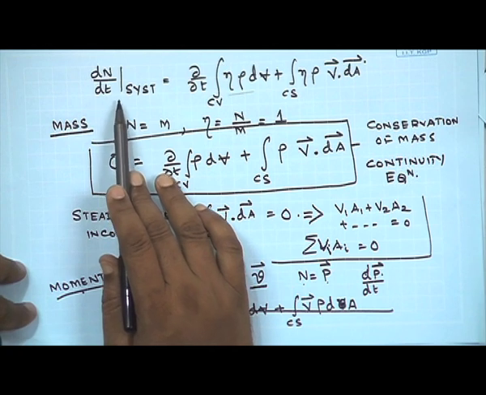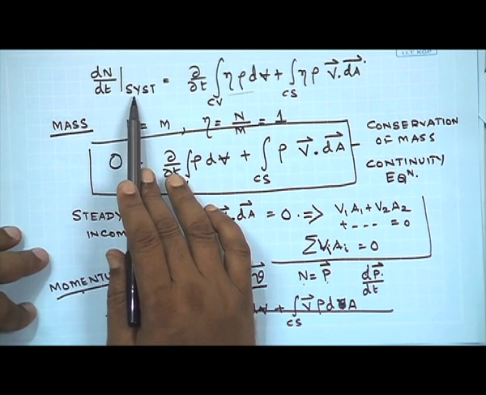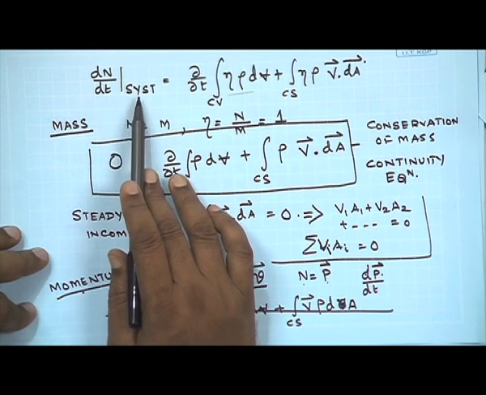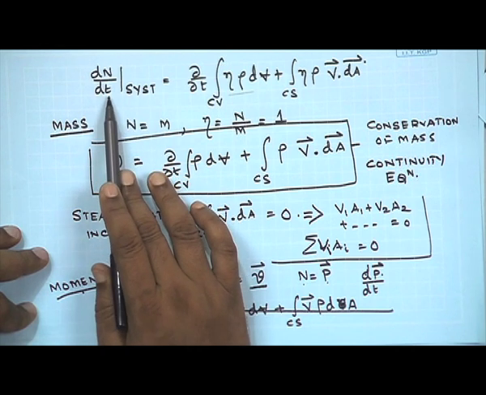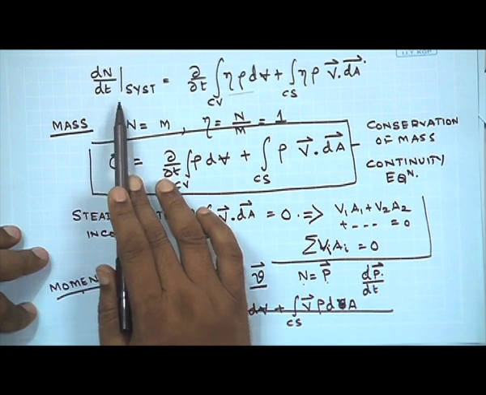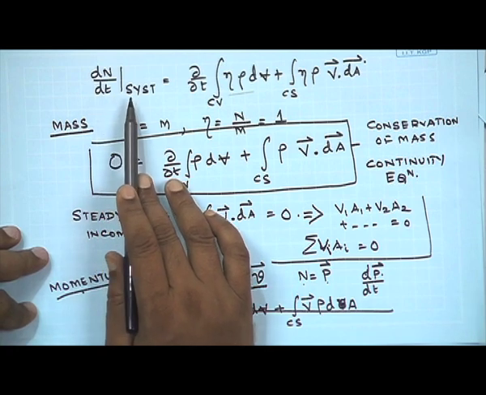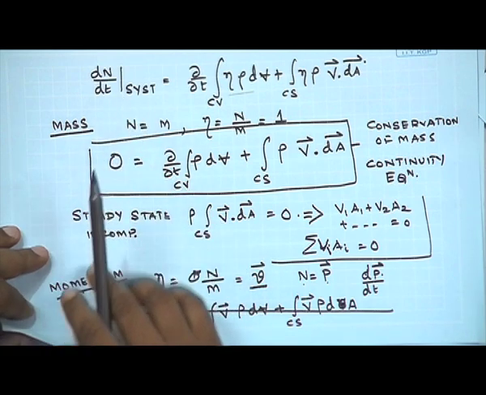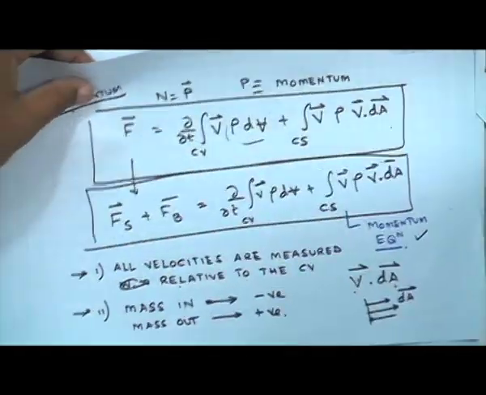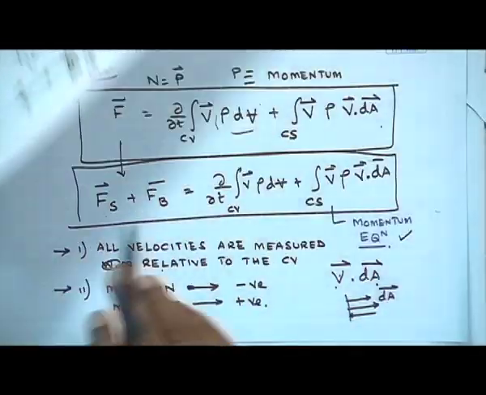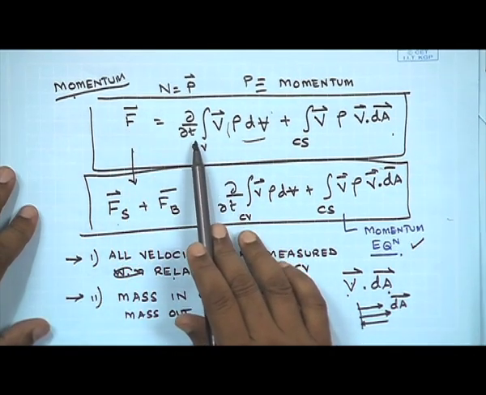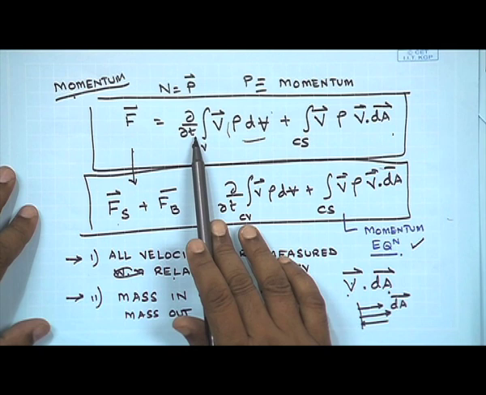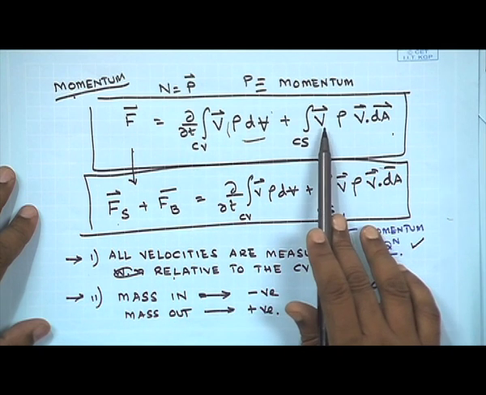So, dN/dt of the system, when at the limiting condition the system and the control volume coincide, would simply refer to the forces acting on the control volume. So, the relation that we have obtained is that the force acting on the control volume is equal to the time rate of change of momentum of the control volume